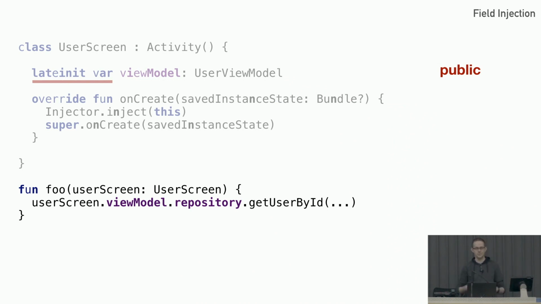The view model is responsible for performing business logic so that it can determine what the state of the view is going to be, which the activity of the screen is then observing. It's not a feature of the class. It's an implementation detail. But with these public properties, that view model can be accessed from anywhere. And then you would be able to drill down and access all kinds of things, which are just implementation details.